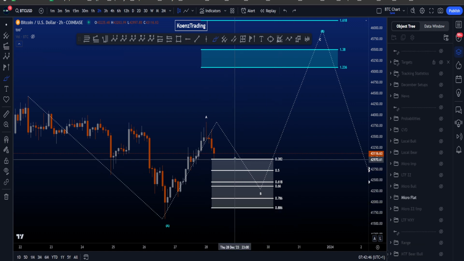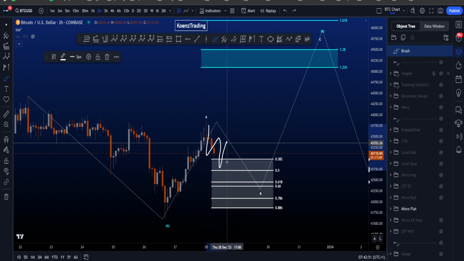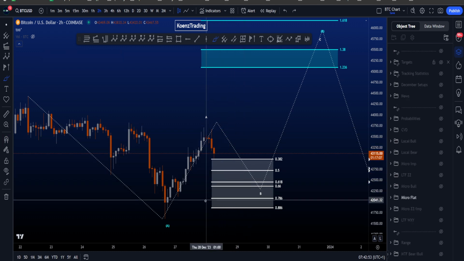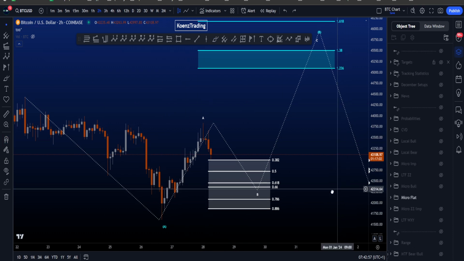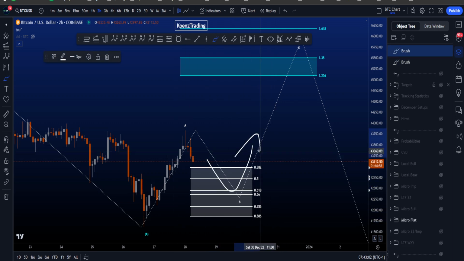area. So what is most important is to look at the subwaves that we get over here, because we do expect this wave B to be a bit longer as well, at least similar or somewhat similar to this wave A. So let's see what then happens over here, and if price can find support for then a move towards